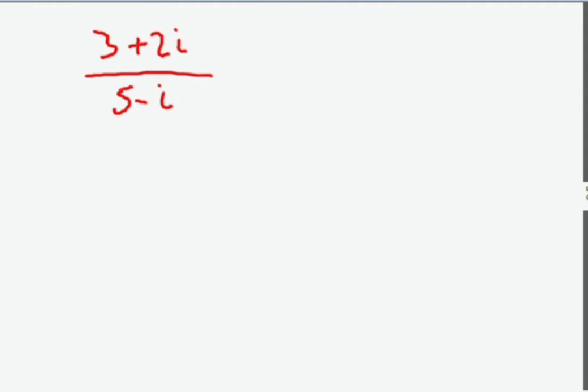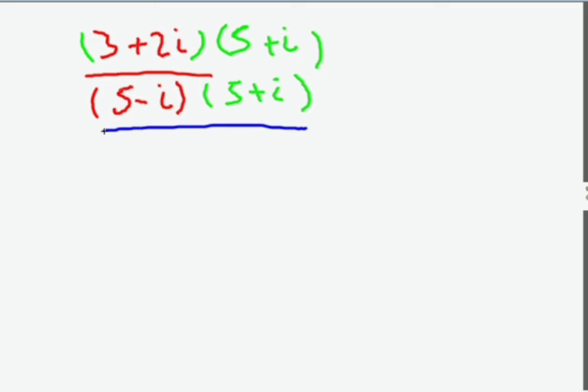So we'll continue with another example, and here is the example: 3 plus 2i over 5 minus i. As we said, we need to multiply up and down by the conjugate, and the conjugate is 5, yes, plus i, very good, and we changed the imaginary part of the denominator sign, so 5 plus i as well. Now you need to use the distributive property up and down, and as we notice down here, we have a perfect square like we explained before, so you get 25